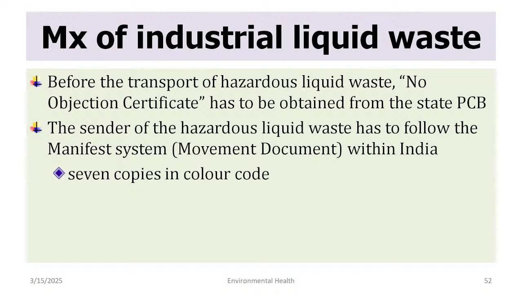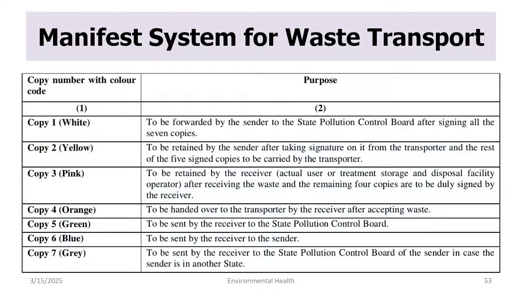So for example, 1 copy to the next state pollution control board, 1 copy to the same state pollution control board, 1 copy for the transporter. नहीं तो बीच में रास्ते में अगर देख लिया pollution तो fine लगेगा. A lot of fine is there. So a lot of things have come into place so that we do not get those dreaded diseases. It has not come, it is supposed to come in place now. So this is the manifest system, these are the color codes.